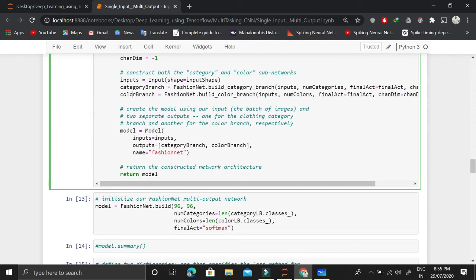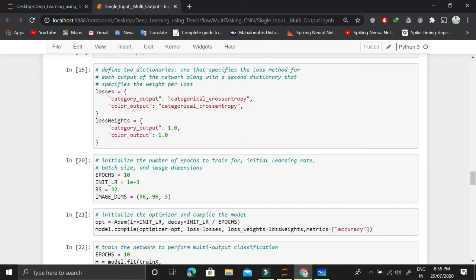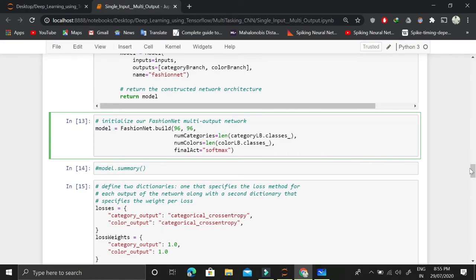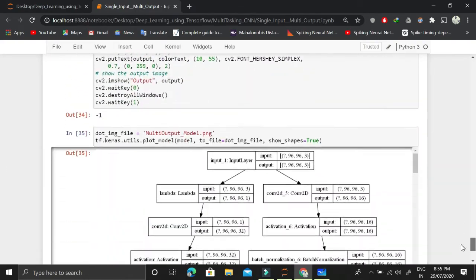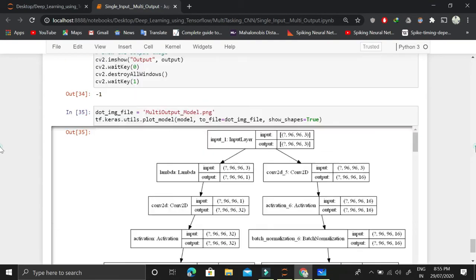Then we connect the dots and we create this model having a single input, but there will be multiple outputs. So there are 2 outputs we are dealing with. Once we have that, we call this model fashionnet, and finally we return this model. Using all of this information, we call this whole build function of the class FashionNet, and we define this model. Now, if we look at this model, which I'll be looking at beneath, this is the model which I was explaining. This is what we have developed here in this function.